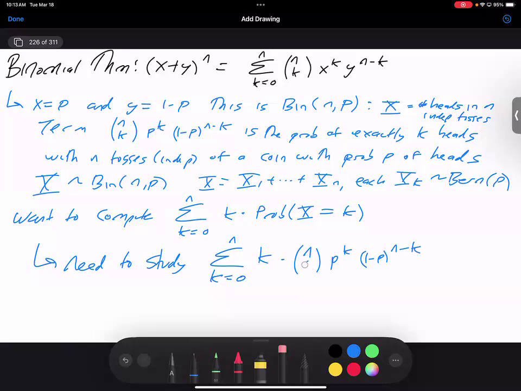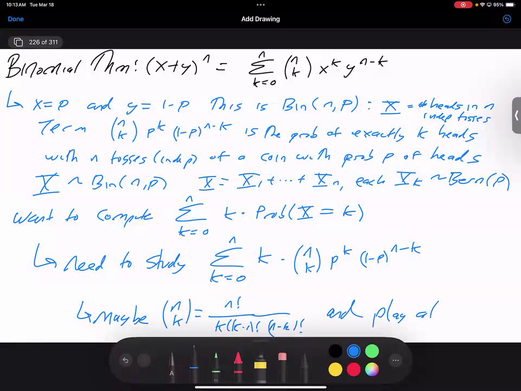So when we're trying to compute this, maybe we should write n choose k as n factorial over k, k minus 1 factorial, n minus k factorial, because maybe the k will cancel one of the factors in the denominator, and maybe we can play some games. This seems like a natural thing to try. I've got a k, and I know with the n choose k, I have a k in the denominator. Maybe they cancel. Maybe there's a way to rewrite this in terms of